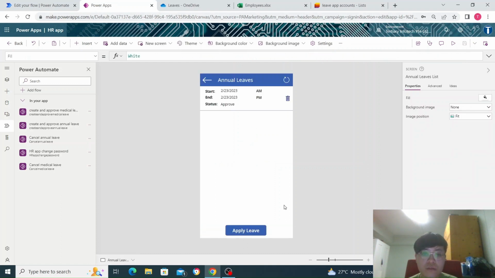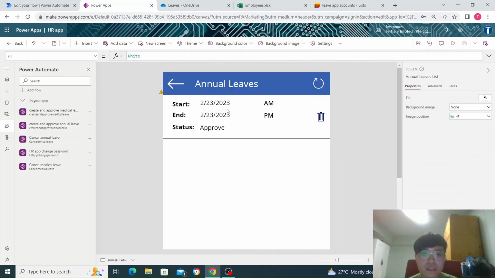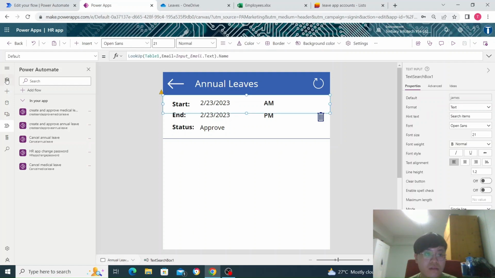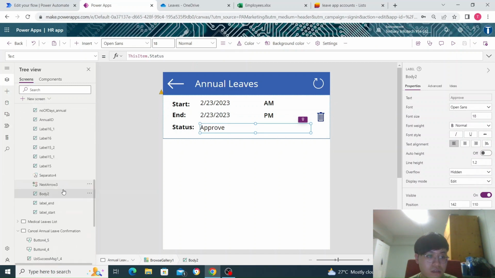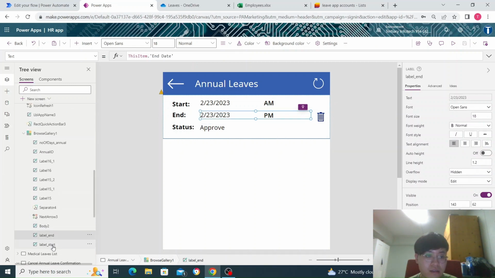If we go back to the list, we can see here there is a label N and a label start. These label N and label start are my start date and end date. Then number of days annual I have hidden, and annual ID I also have hidden. The reason I hide all this is because this information is not necessary for the user to see. However, it is useful for pulling the data directly from the